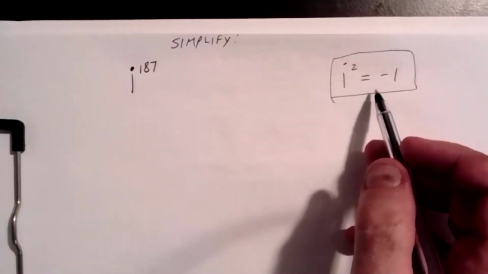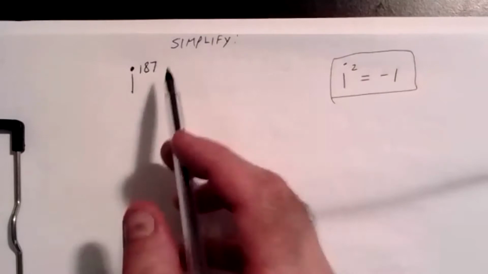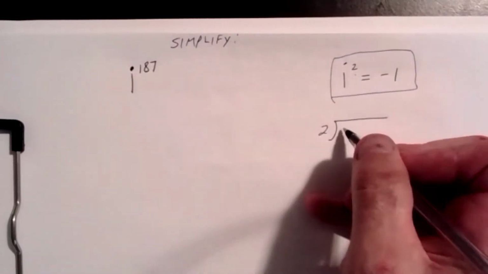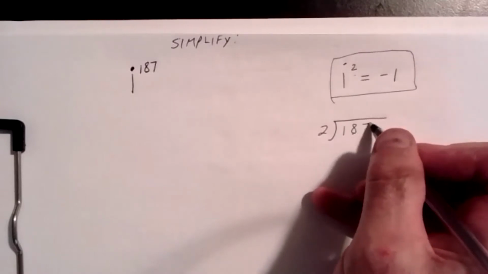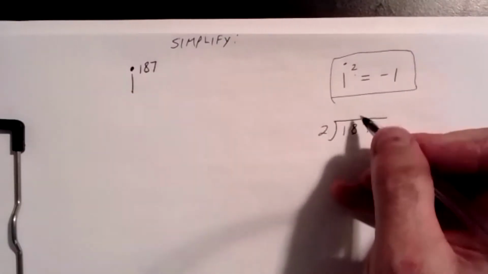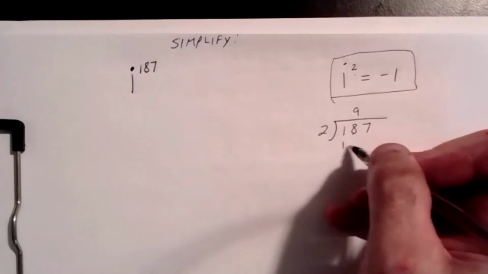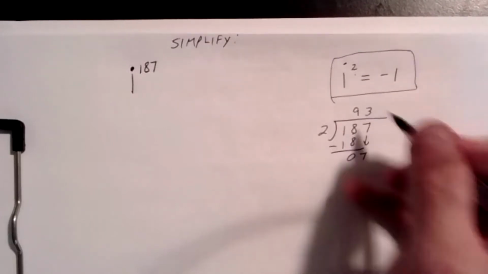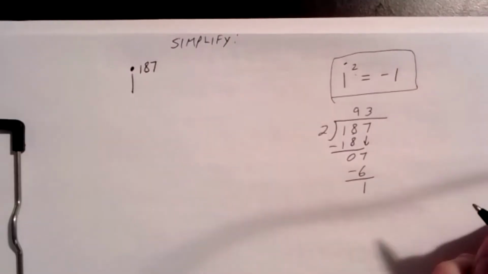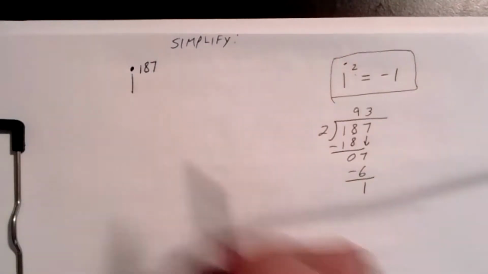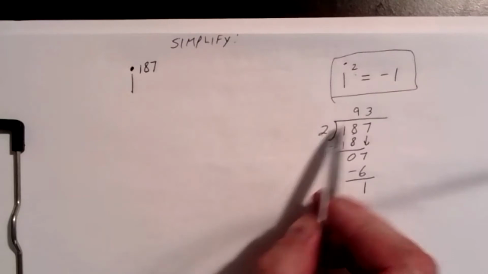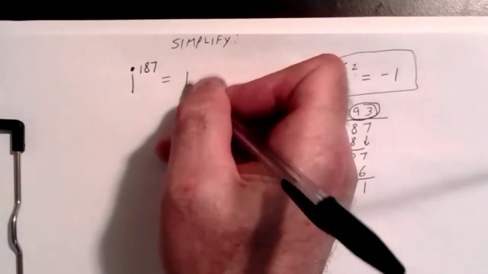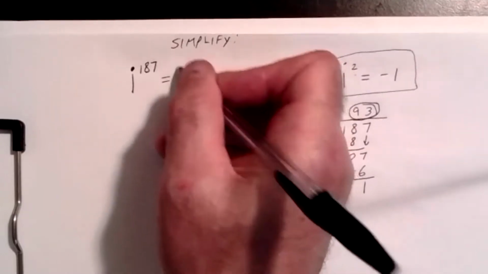To find out, we take 2 and divide it into 187 to find out how many perfect squares of i are in i to the 187th power. 2 divides into 18 9 times. Bring down the 7. 2 divides into 7 3 times with a remainder of 1. So in i to the 187th power, how many perfect squares of i are there? There are 93. So we can rewrite this as i squared to the 93rd power